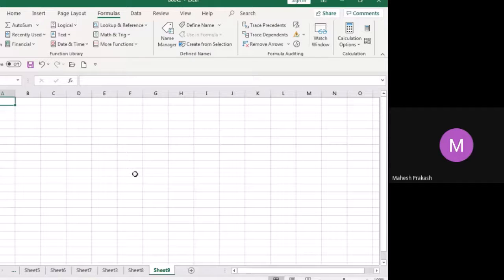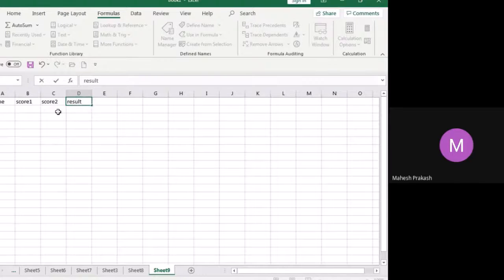So I'll take you through the formula. We'll have random names and then score 1. For example, this is first semester score and this is second semester score. And here we have the result. So for names, I'll give some names randomly. So Sam, Kiran.